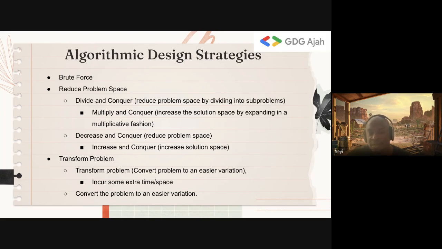So in divide and conquer, you are reducing the problem space. There are two ways you can do it. You can either reduce the problem space or increase your solution space. The problem space is the problem you are trying to solve. The solution space is the solution to the problem. So you can either reduce the problem space or you can increase your solution space. I'll explain more as we go on. But that's essentially the opposite of divide and conquer anyway.